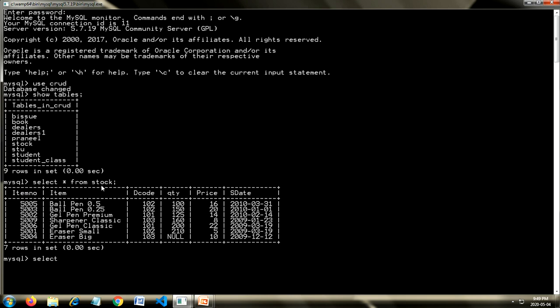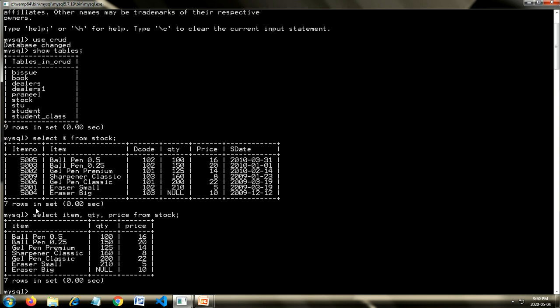After select, if you want to see all the columns, we use this asterisk sign. But if you want to see particular columns, you can give the names of the columns. Like I want to see the item name, its quantity, then its price, and then you give the from keyword and then the name of the table.